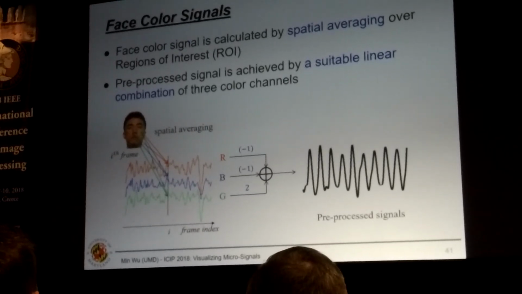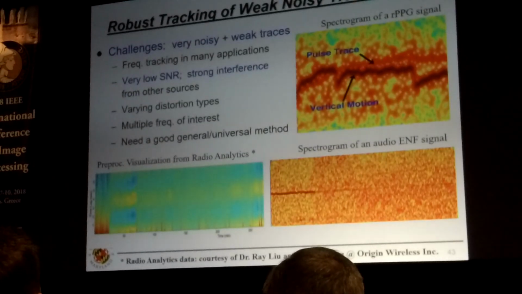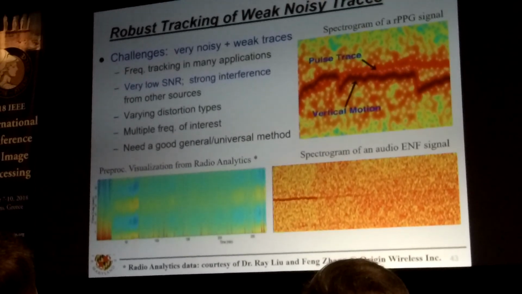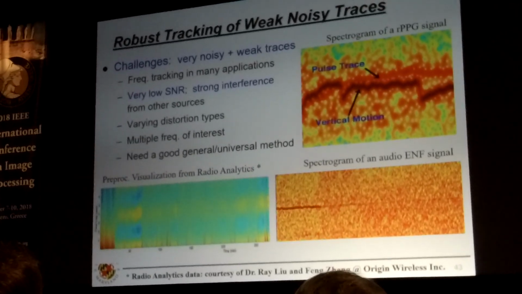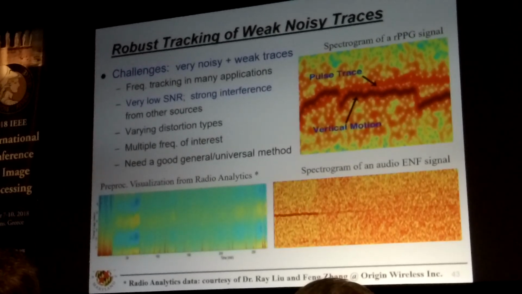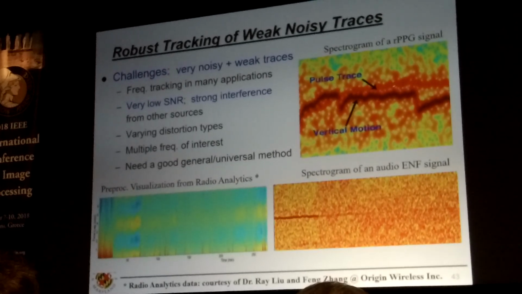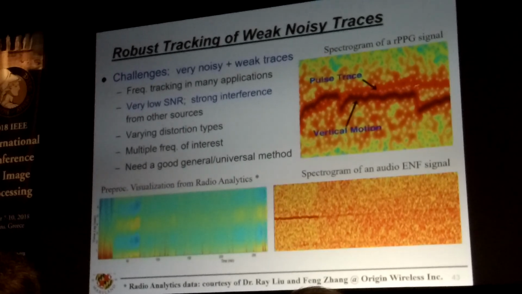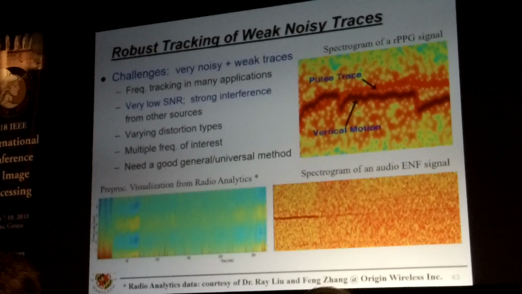And what we found, even after all these compensations, the resulting signal when we visualize it in a spectrogram still has a substantial amount of motion residues. If we do not do any compensation, that's going to overwhelm the overall spectrogram, and we can hardly see the pulses. But with high resolution registration, we will start to be able to see the weaker pulse, but still have the dominant things, and overall very noisy. And this is actually very